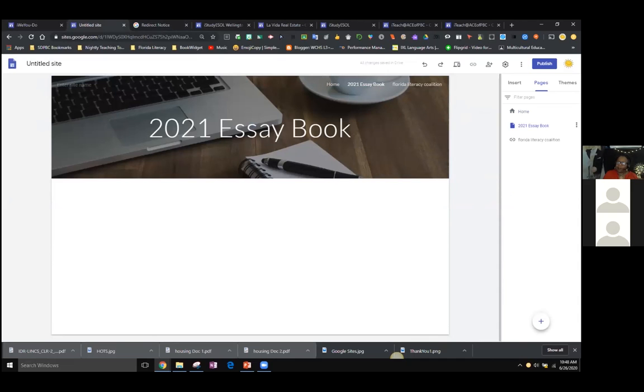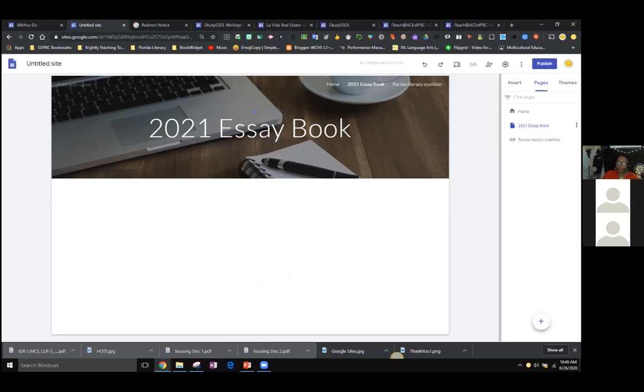Now, let's take a look over here at pages. Of course, you're going to go back to your insert, and you're going to insert all of the things that you would want to populate on this brand new 2021 page. You can change the image if you want to. You can change the font if you want to. You can move this off of that if you want to. But let's take a look at some of the functionality that's on pages.